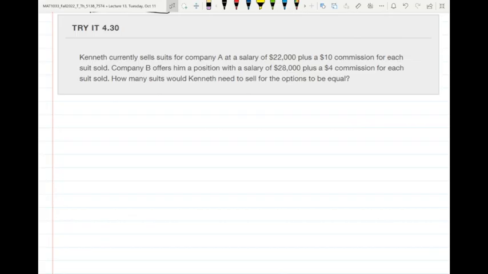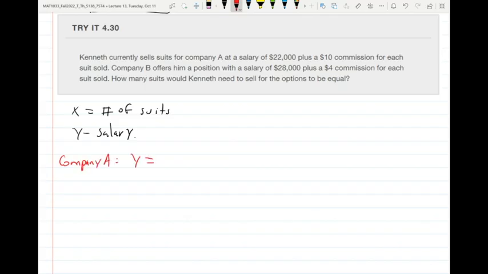Okay, anybody has the number of suits? Yes? 1,000? Yeah. You get 1,000? All right, so let's see. Same thing. Let's suppose X is number of suits, okay? And then let's say Y is the salary, okay? Then, the first company is gonna tell us an equation for Y, the second company will tell us another equation for Y. So, company